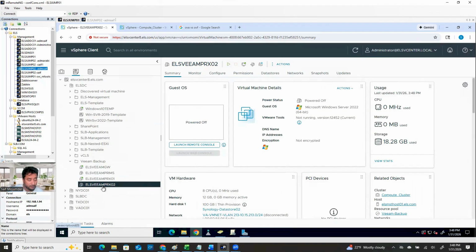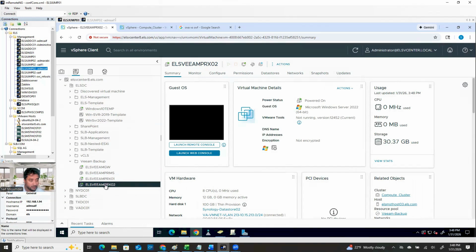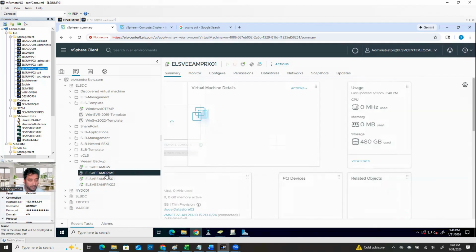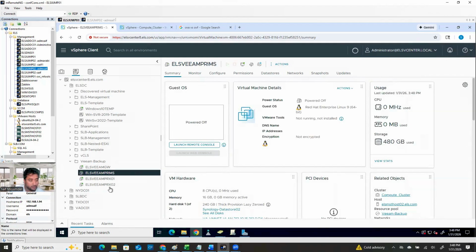You see, I don't know which ESX host I deployed to. It's automatically decided by my cluster. So Veeam Proxy 02 is deployed on host number 3. And proxy number 1 is deployed on host number 1. And the appliance machine is on host number 2. And the gateway server is on